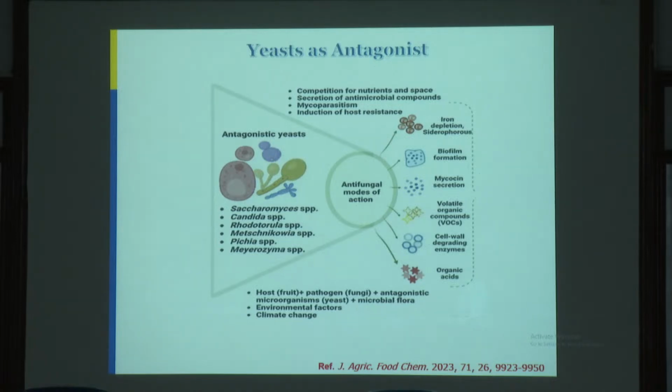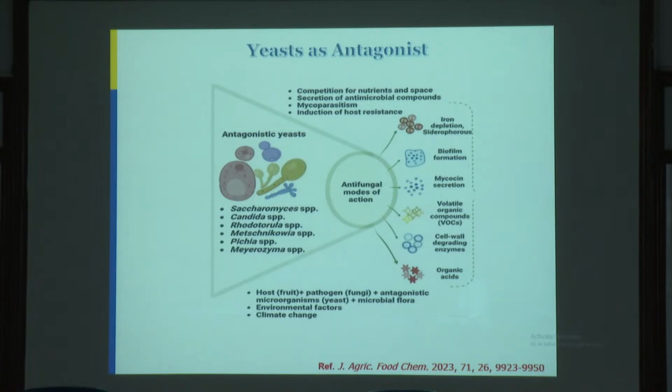That is the competition. Basically, as I told you, they grow very rapidly. So when they go for competition, they can have the excess amount. They can take in the glucose as well as nitrogen, which causes the pathogenic organisms to not be able to survive because of the non-availability of nutrients. Besides competition, they also act through microparasitism, but it is less known for yeast, and mostly